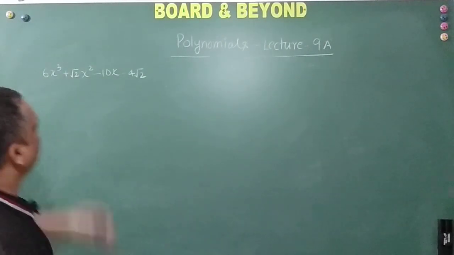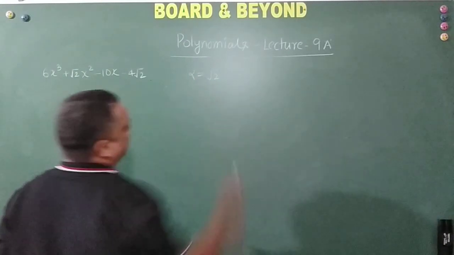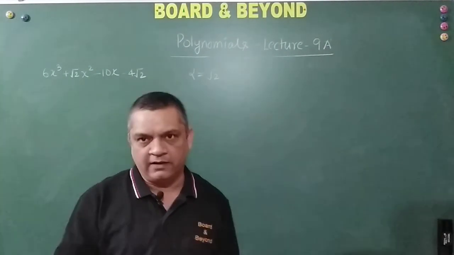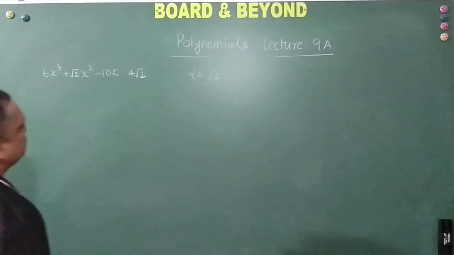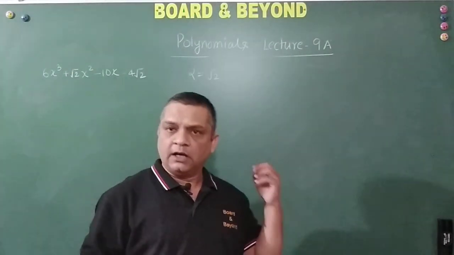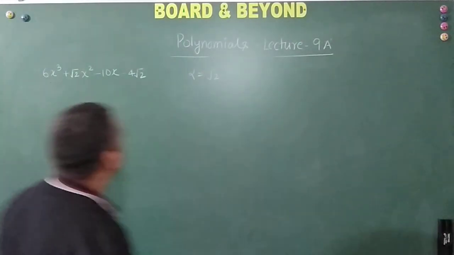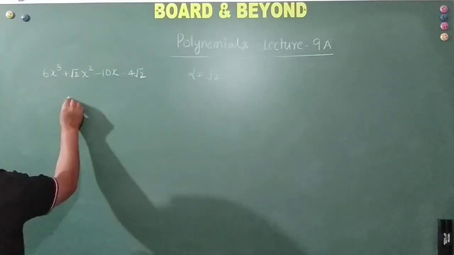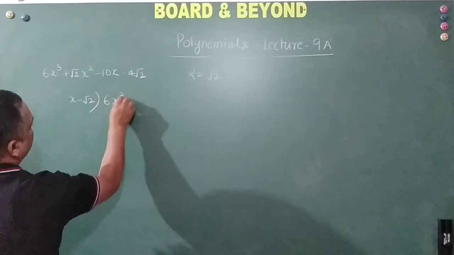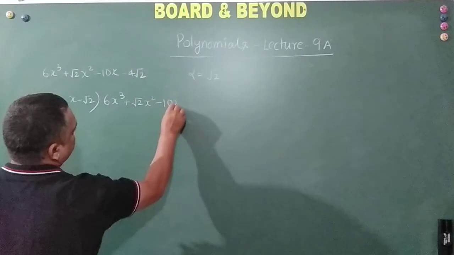So friends, this cubic polynomial is given, and it is given that alpha is equal to root 2. Right? And we are expected to find the other two roots for this cubic polynomial. Right, friends? So let's get going on to this. So since alpha is equal to root 2, that is root 2 is one of the roots for this polynomial, x minus root 2 is one of the factors of this polynomial. Right, friends? So let's divide it by x minus root 2. This will be a little tricky division, my friend. So please be attentive here.